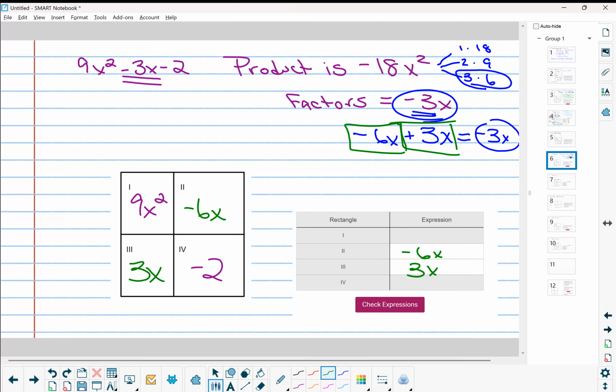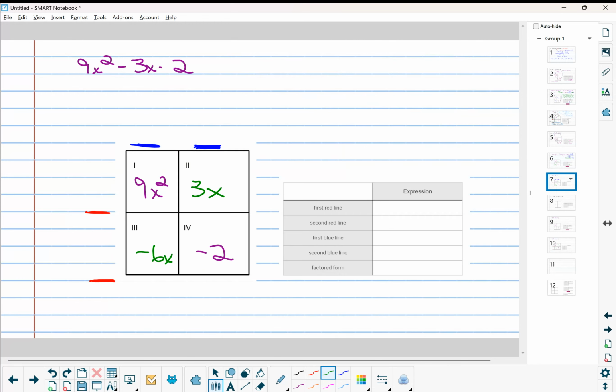And again, I have those transferred over into the other table. I hope they're in the same order over there. We'll see. Oh, I have them swapped. Let me move those real quick so we stick to the same thing. Negative 6x and 3x. Okay, so now those look the same. And remember, once we get here, our goal is to take out